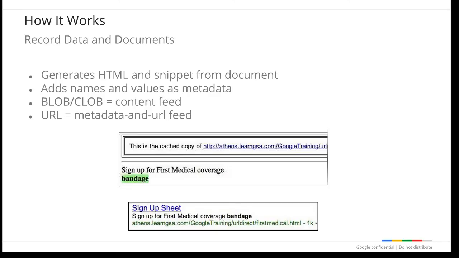If the documents are external web pages, the connector will build a metadata and URL feed. If the documents are stored in blob or clob fields, the connector will build a content feed that will also contain metadata. When a user runs a search and clicks on a link to one of these records, it will